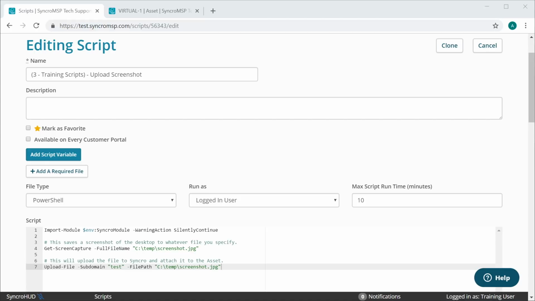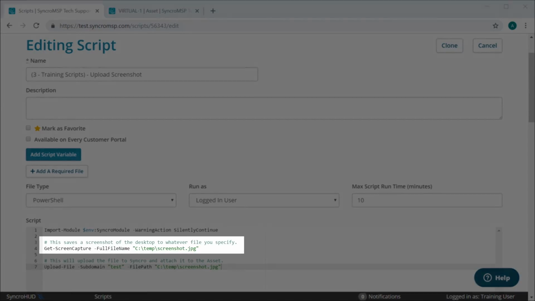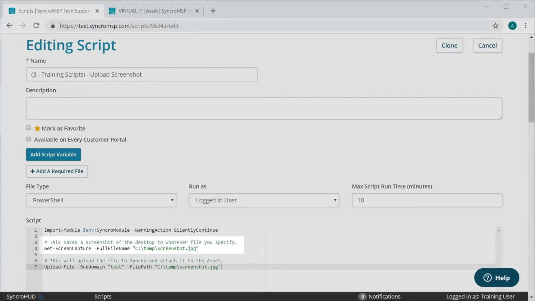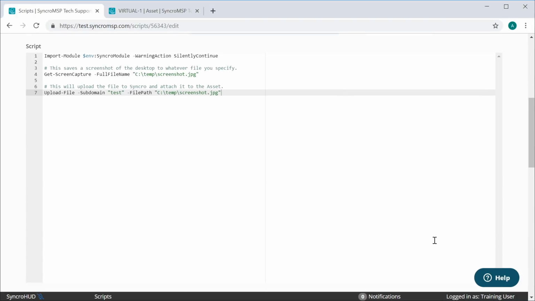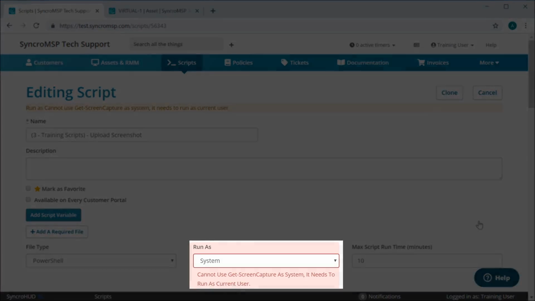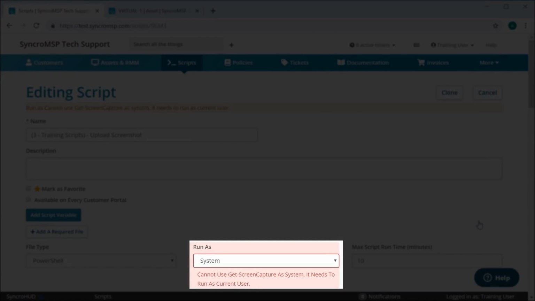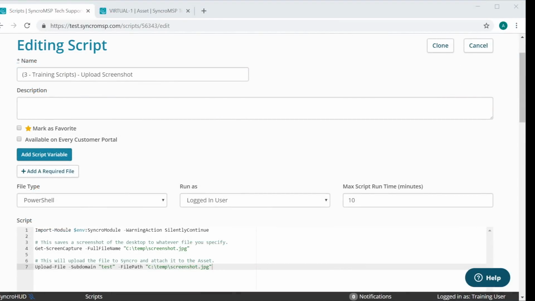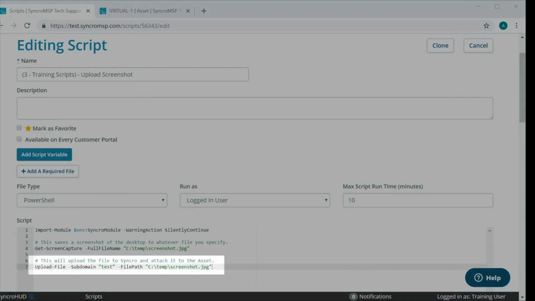So what we've done here is told our script to grab a screenshot of this asset's desktop. Now remember, because the user's desktop is involved, we'll have to run this script as the logged in user, though we'll remind you if you forget. The script will save the screenshot to the asset, and the very next line will upload the image to the